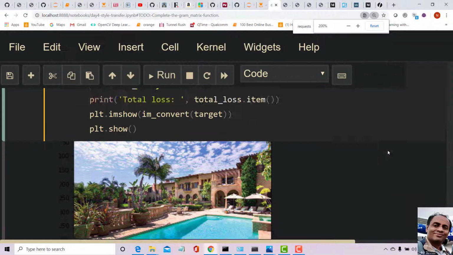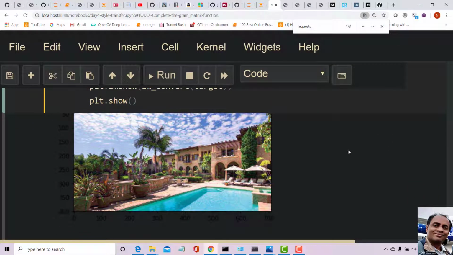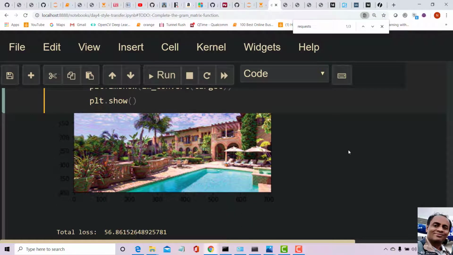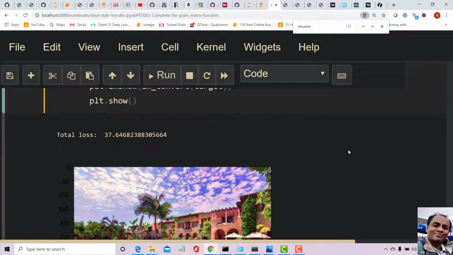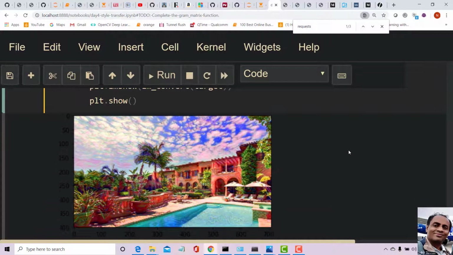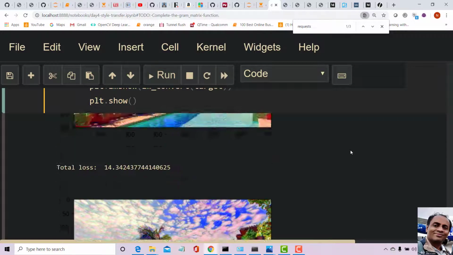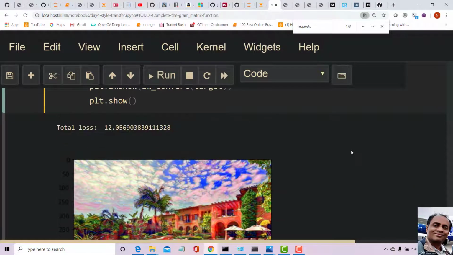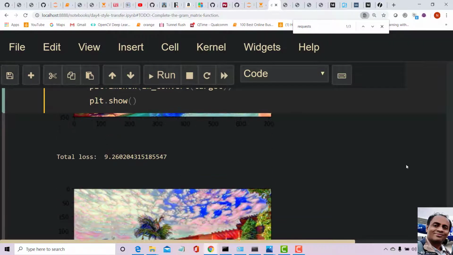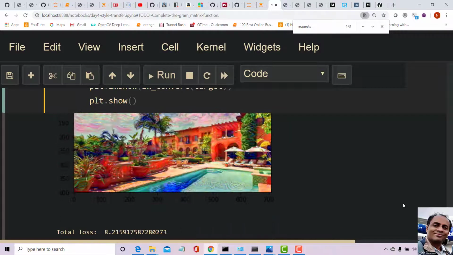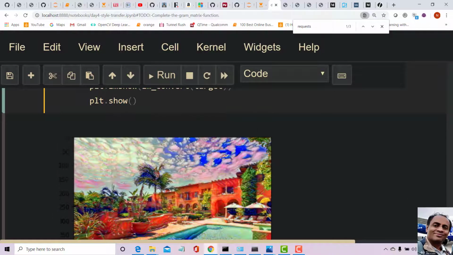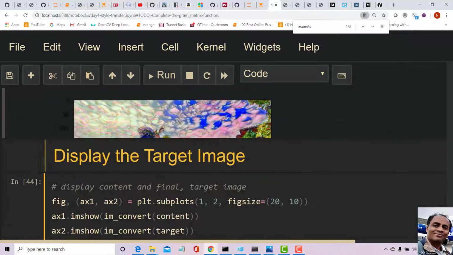Okay, training. I see the first image had some change, second image had some change, third. It's continuously changing and it's very interesting how it is changing. I can see that it's becoming more and more like the style image, and this is what it is, guys. The more you train, the more it's going to become like the style image.